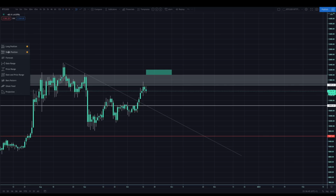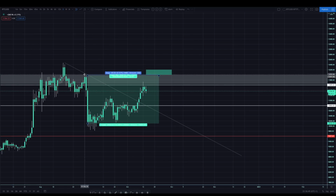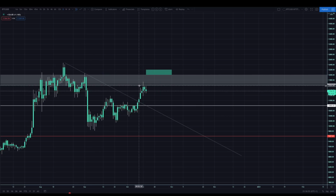And all of those people who, for example, entered on the head and shoulders here, stop losses would likely be at break even or anywhere around this region now. So there likely could be a little bit of a stop hunt in play. But even if you get rid of the trend line, as an example, crucial levels of support and resistance, we're progressing higher: higher high, higher high, higher low, higher low, higher low, higher low, pushing higher. So